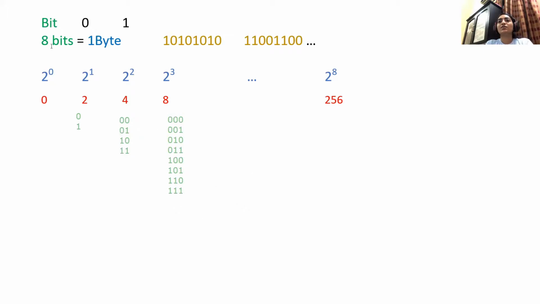So when I say 1 byte, that means 8 bits, then 2 raised to power 8 means that it can contain numbers from 0 to 255. And when I say that this data type contains 4 bytes, you can imagine from 0 to 2 raised to power 32, that many numbers that data type can store. So I hope this is clear. So let's begin with our video.